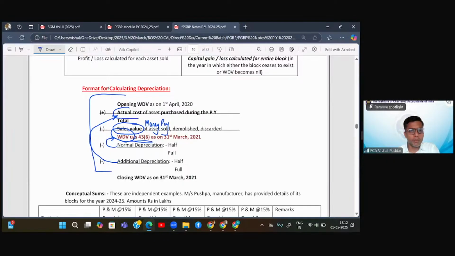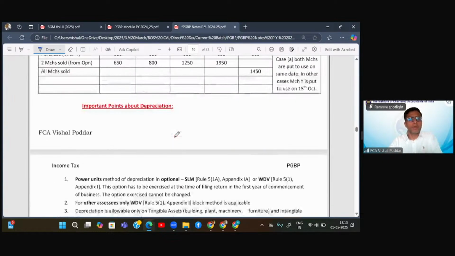Second thing they have defined is what will be included in this actual cost. See, you are going to get deduction of depreciation, and what will be included in the block will become eligible for calculating the depreciation. Now, we include the actual cost of every asset in the block. Now, the question is, what is actual cost? That is what we try to understand now. See, what is this actual cost which has to be included in your block? So for this,